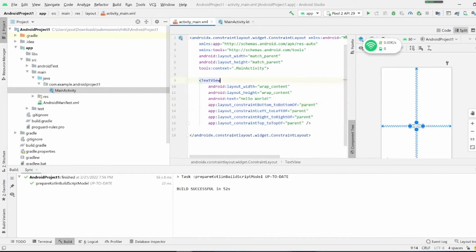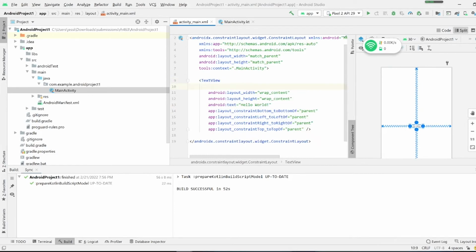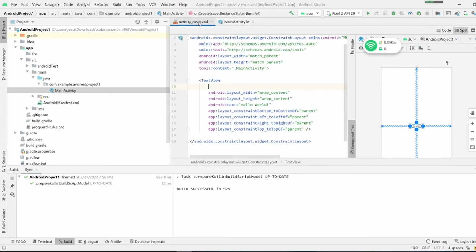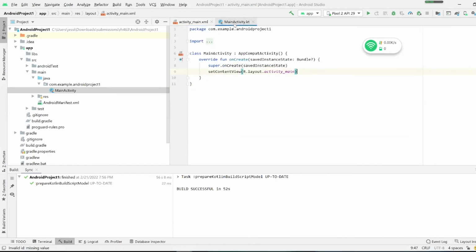So now I'm just putting it back to center. And now you might be wondering, this is just a static component. You're not going to see any change if you're interacting with it. So how do I make things change? This will involve using the Kotlin file. So how does the Kotlin file know which component it is accessing? We're going to give each component an ID. So it's basically android:id, and then we give it a name. In this case, we can name it TextView1, and then inside the Kotlin file, we can say